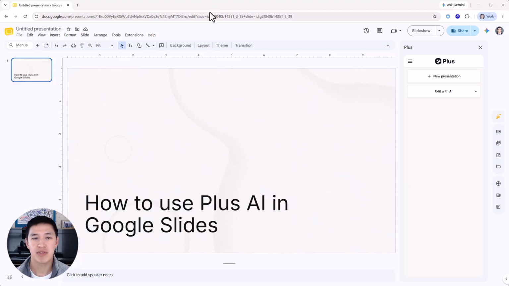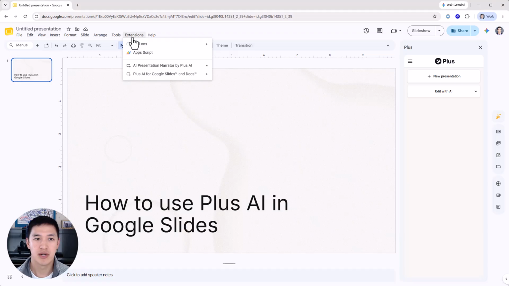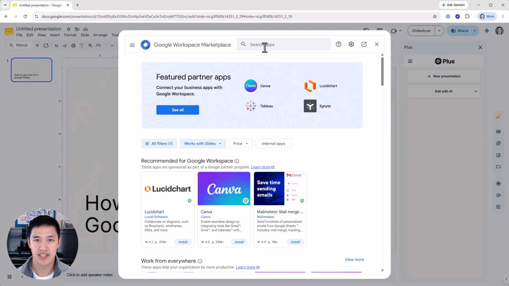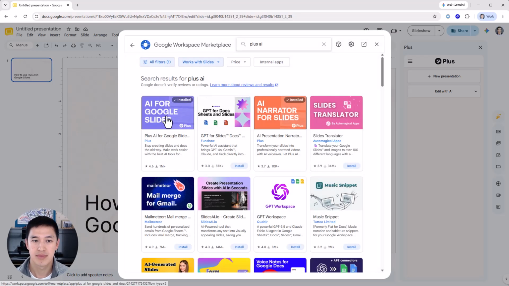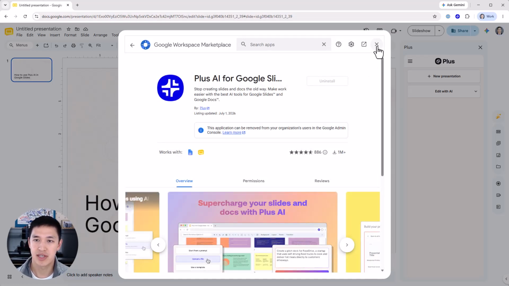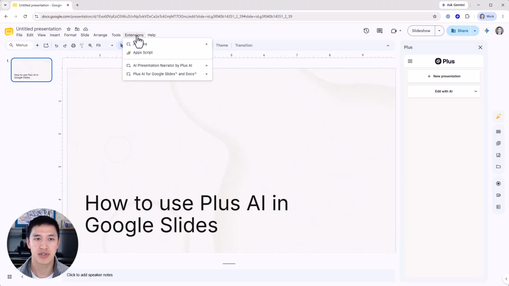The first step to using Plus AI is going to be installing our add-on. To do that, you go to a new Google Slides menu, open up extensions, click on add-ons, get add-ons, and then search for Plus AI. From here, click install, and once it's installed, it'll show up when you go to extensions and it'll pop up